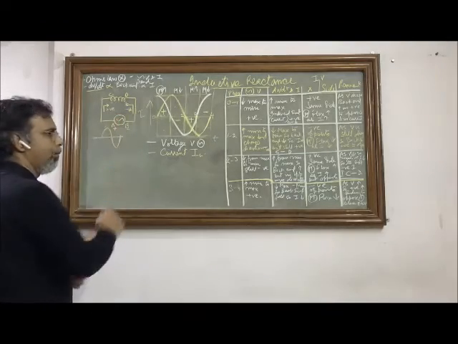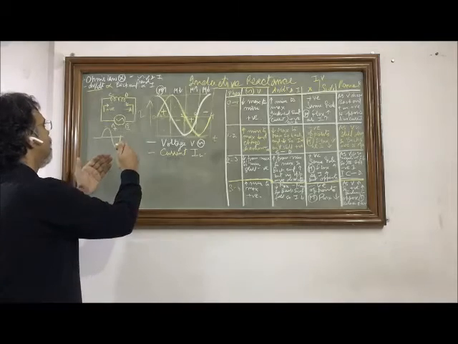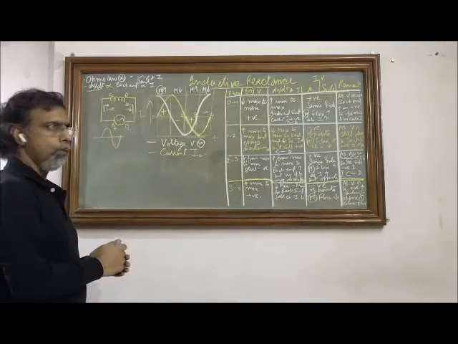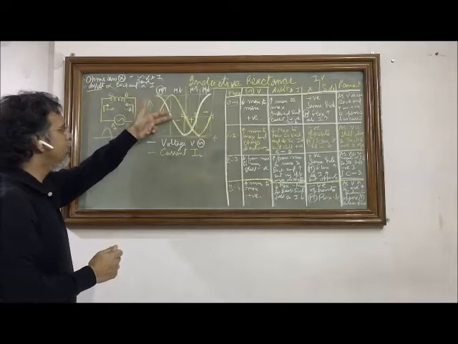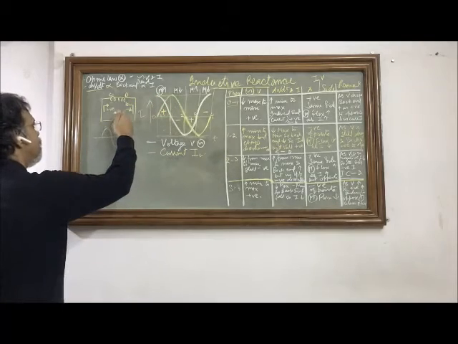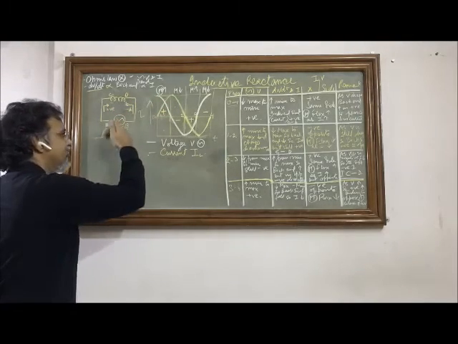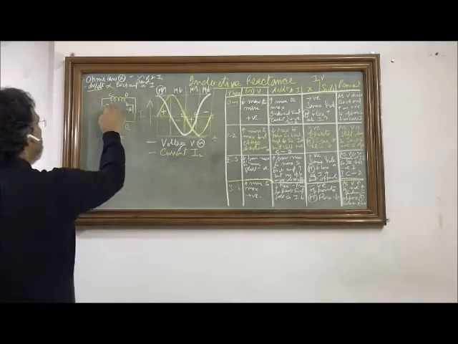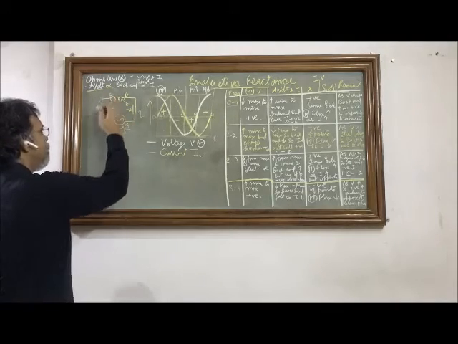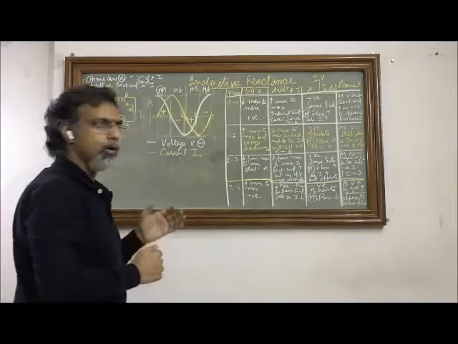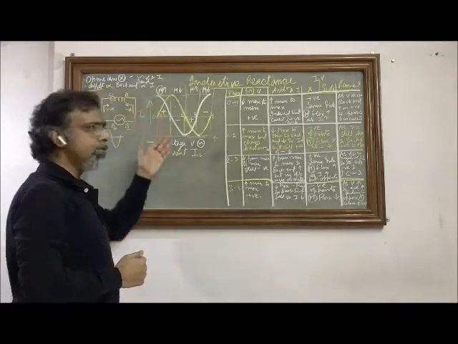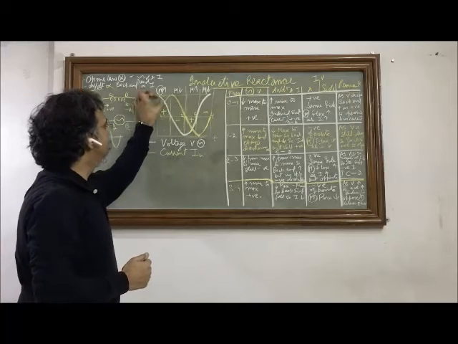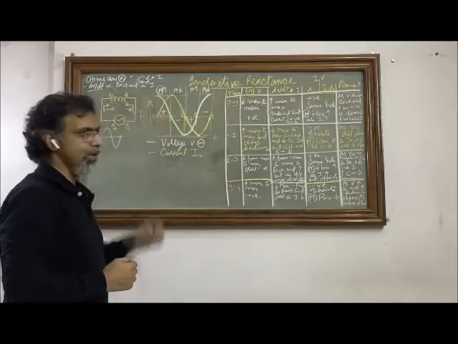Now imagine what is happening at this point. This is having a maximum value. So there is a tendency of the current to flow in this direction. But now it has started dropping. Initially it is dropping slower and then it is dropping faster. So this A is dropping its potential faster. What will happen to the current? The current, which is positive current, will tend to decrease because the potential at the A pole is getting decreased, and initially it is getting decreased slowly and then it is becoming faster and faster.